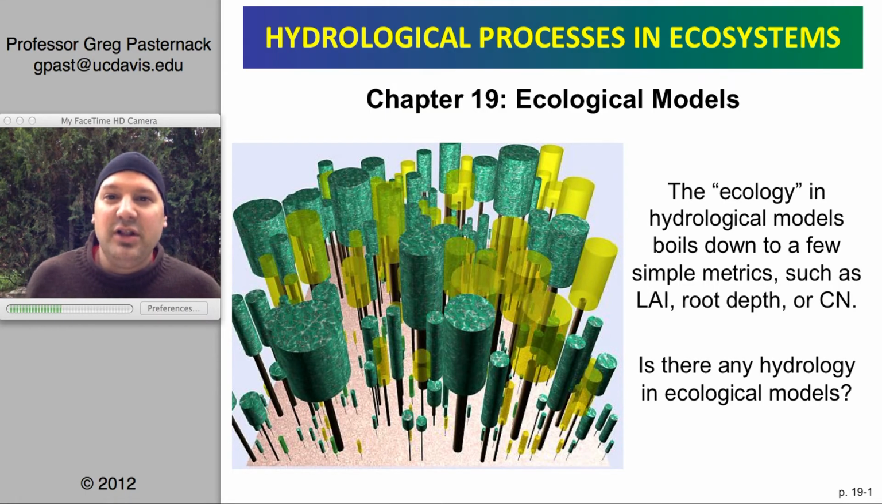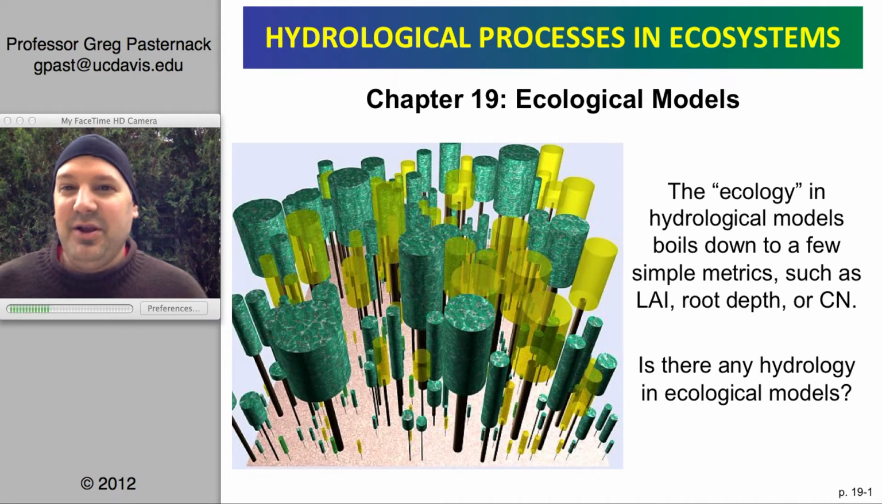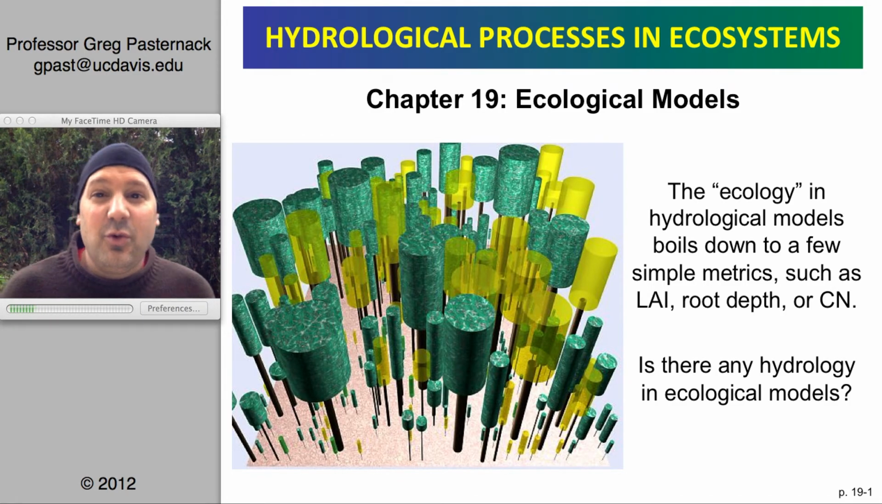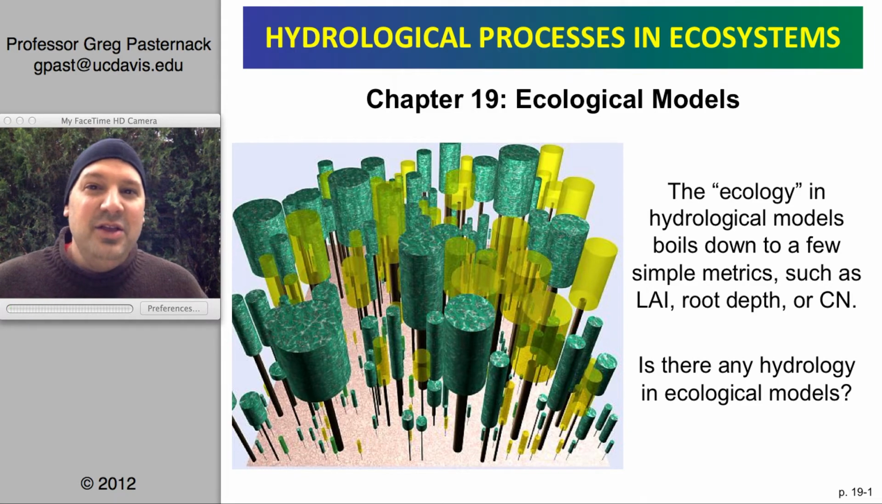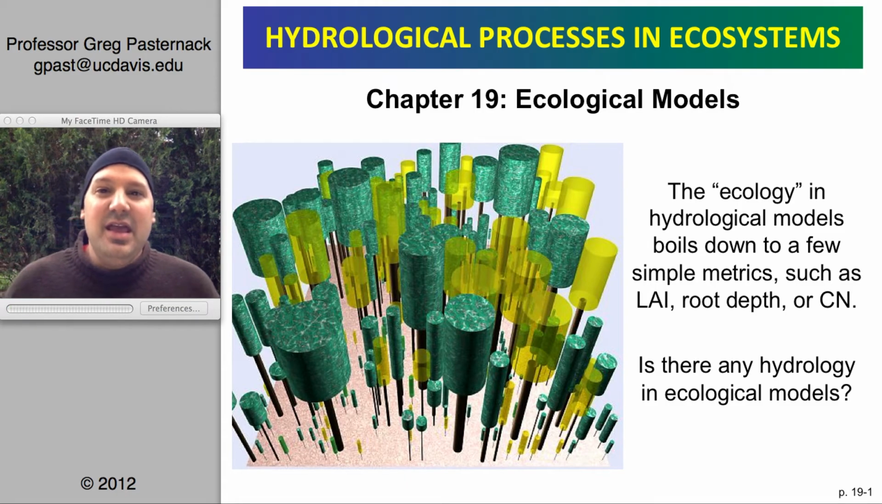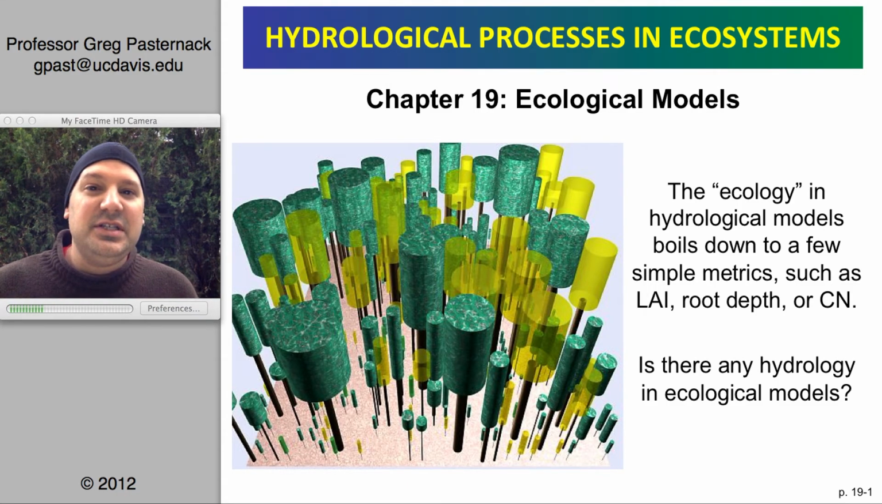Now I want to totally flip the paradigm here, so to speak, and look at the role of hydrology in ecology models. So there have been ecological models for a long time, just as there have been hydrological models. So how have ecologists viewed the physical environment in their models? And I just want to preface before moving forward to say that we're going to be focusing on